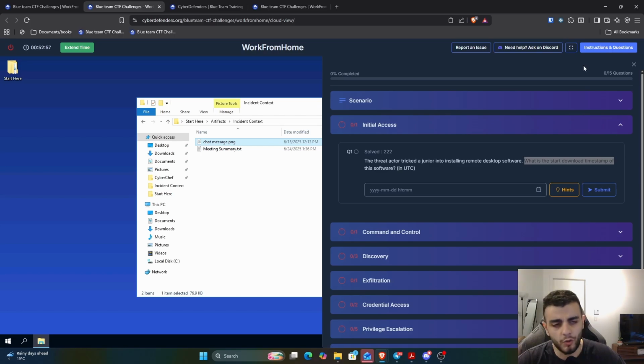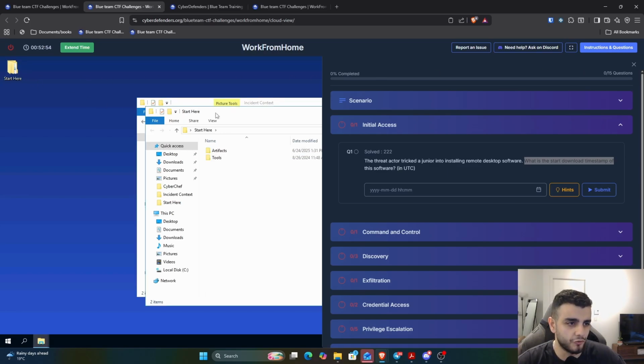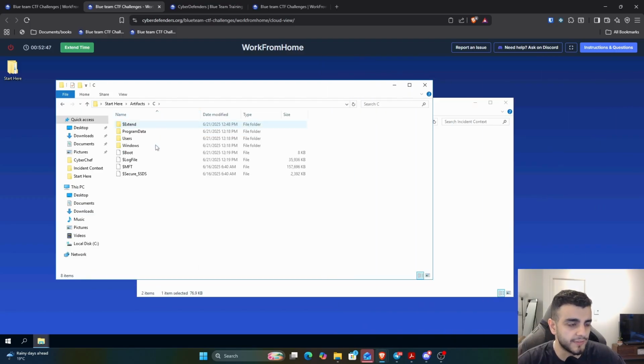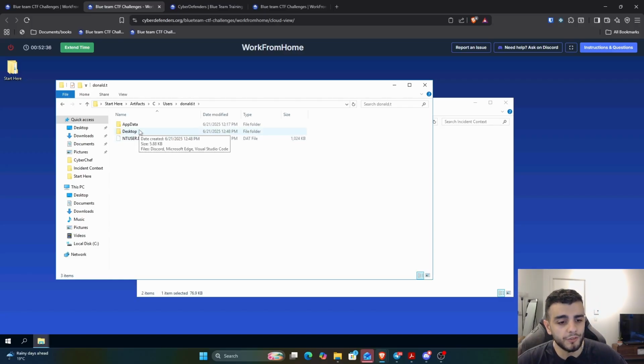So first I want to check what kind of browser we have in the image. And depending on that, we can move forward. So I'm gonna go to the artifacts, close this, I'm gonna go to C, users. Since we're looking into this, because the junior was strict, we have to go into the junior's profile, so it's gonna be Donald T. And mostly all the time,